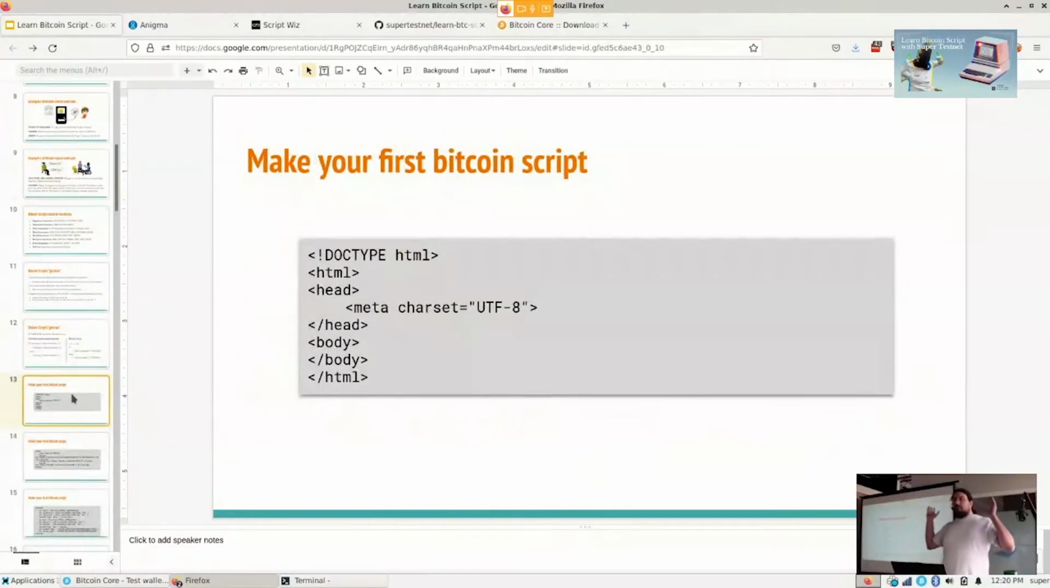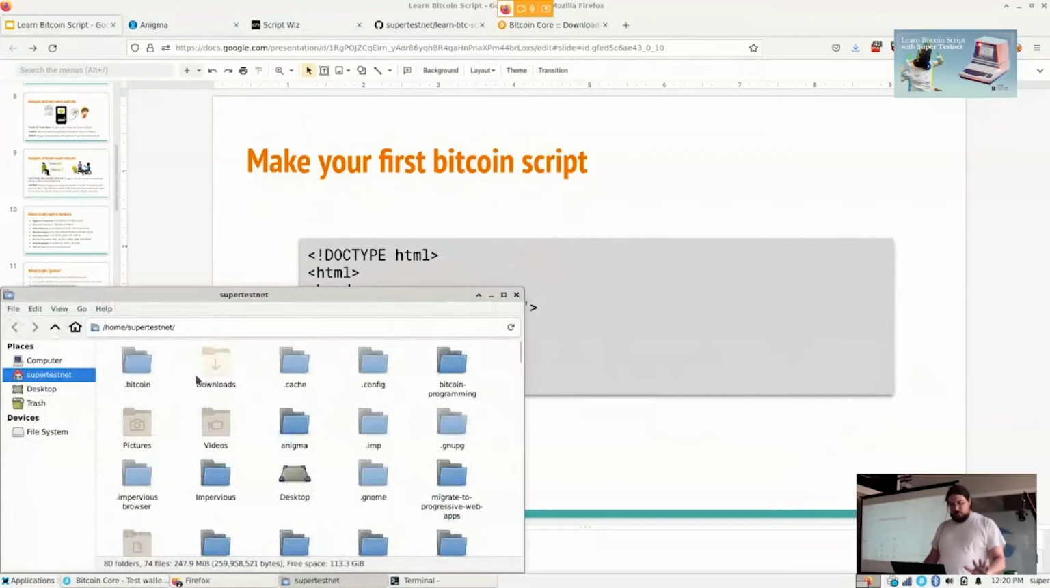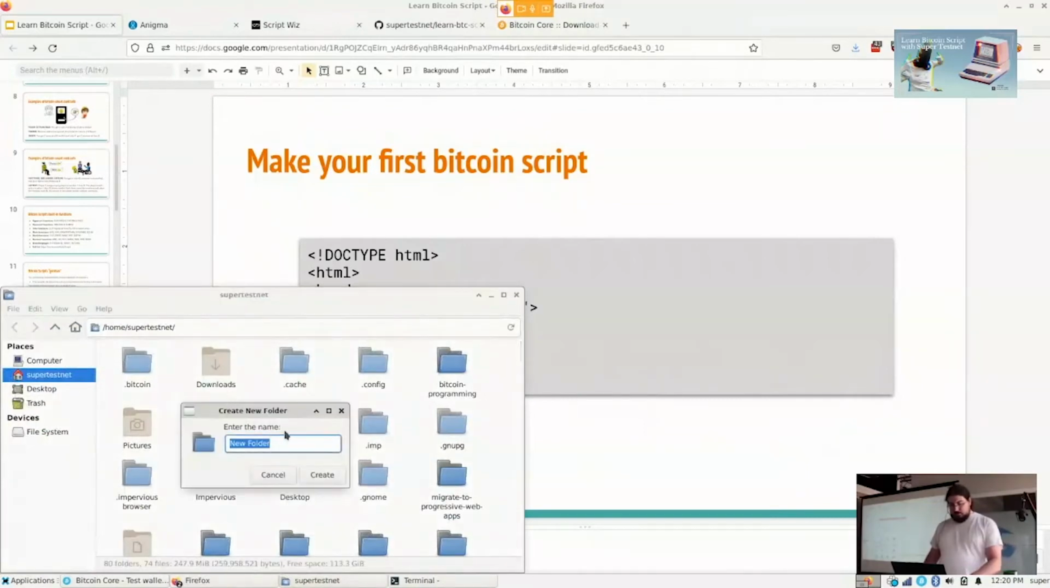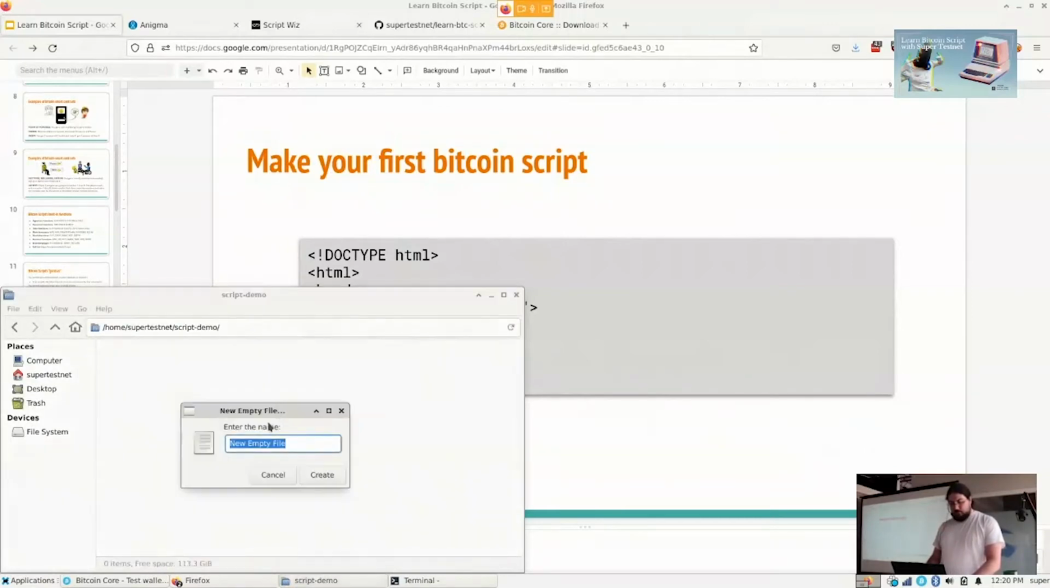Let's build one. You ready to make your first script? Let's do it. I'm going to start by creating a new folder. How about script demo? Script demo, and I'm going to go in there and create a new file called